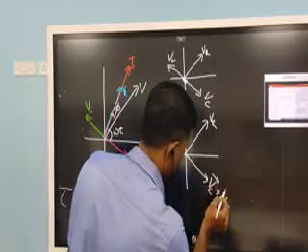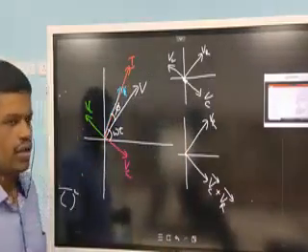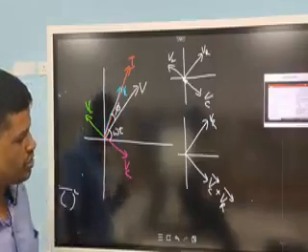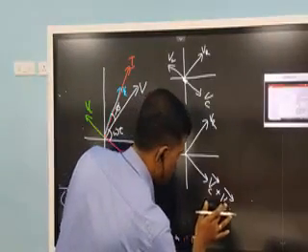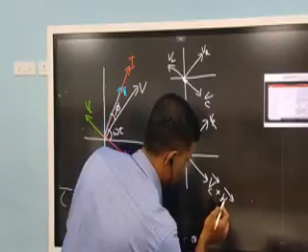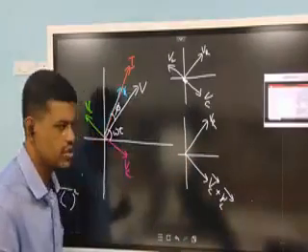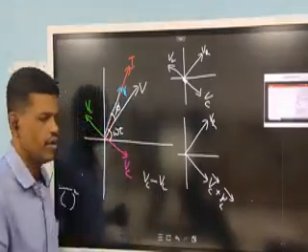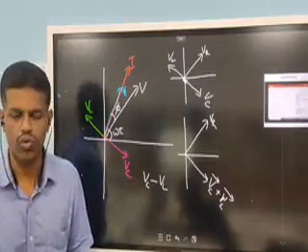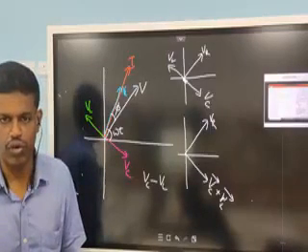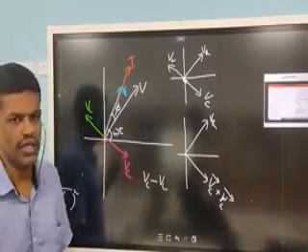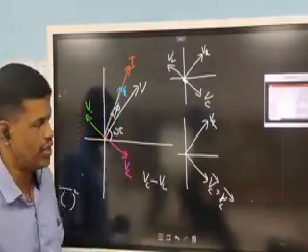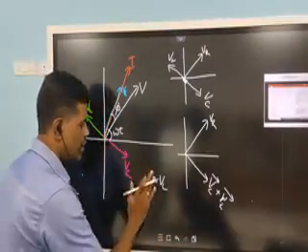Let us mark this with vector notation. Since they are vectors, I have written VC plus VL, but what is the value of VC plus VL? VC plus VL is in fact VC minus VL. Vector sum of VC and VL is equal to root of VC square plus VL square plus 2 VL VC cos 180 degrees, which is equal to VC minus VL. So the magnitude of this is VC minus VL.